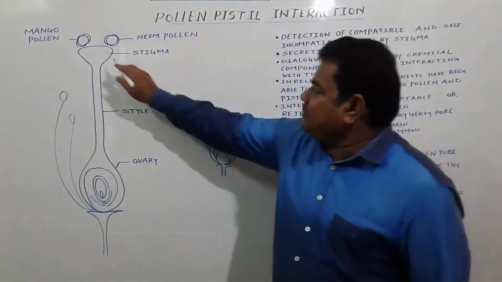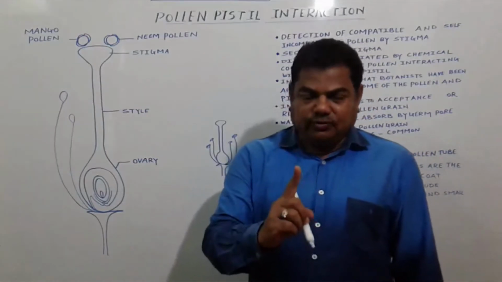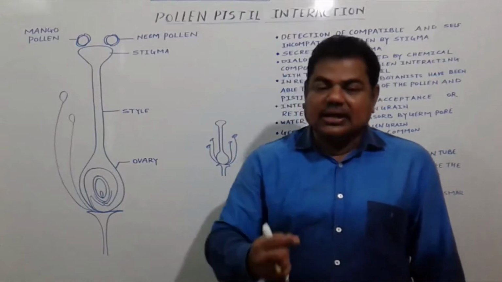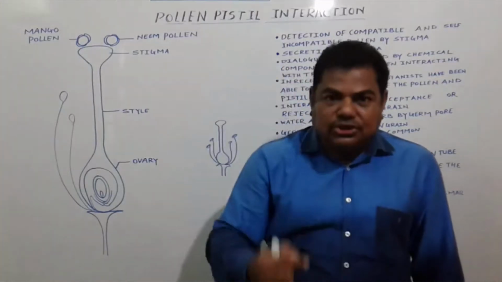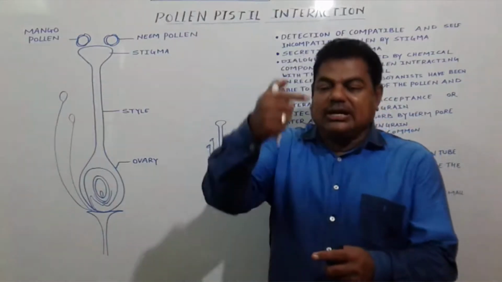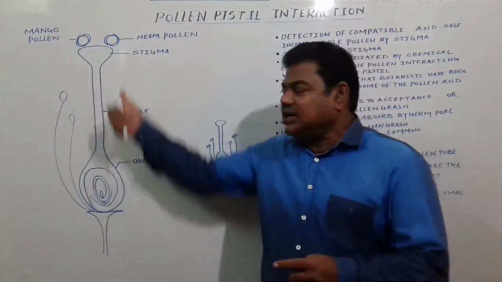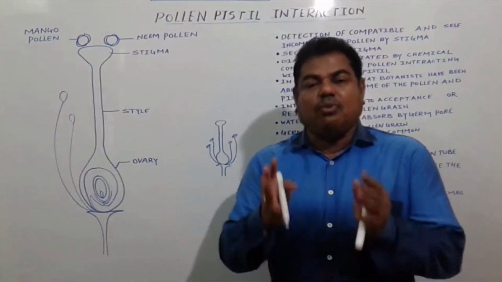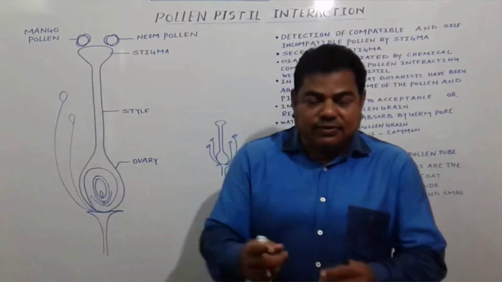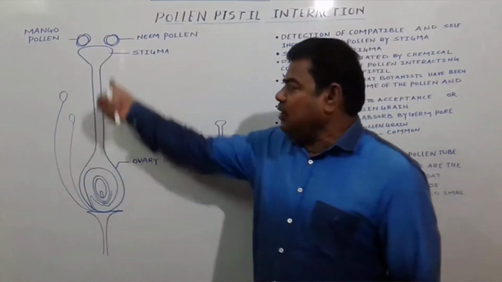Now a pistil may be made up of only one leaf. For example, in case of mango, it is monocarpellary, one carpel. That one member of the gynoecium we call a carpel. In mango it is made up of one carpel, only one leaf, because the leaf gets totally modified into this structure. A flower is nothing but a modified shoot, so this is a modified leaf. If it is made from only one leaf, we call it monocarpellary, as in mango.